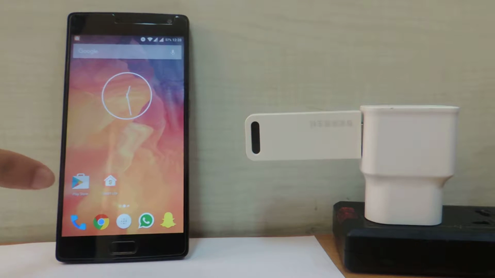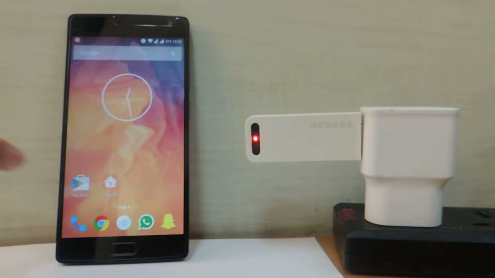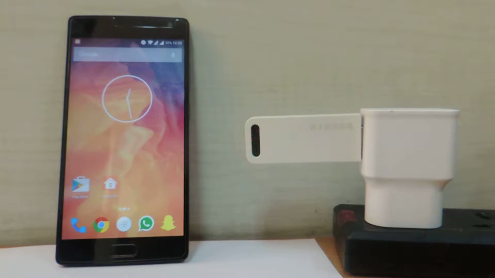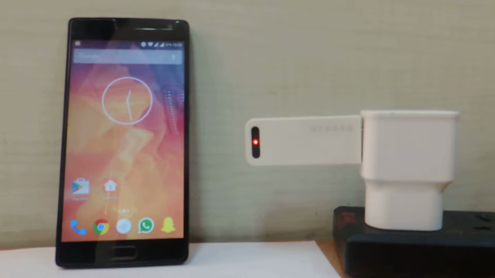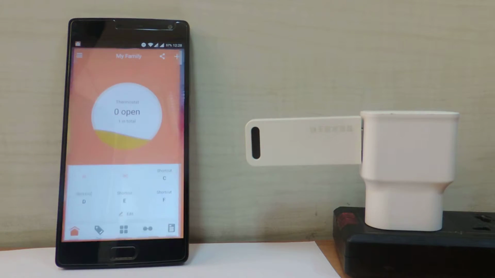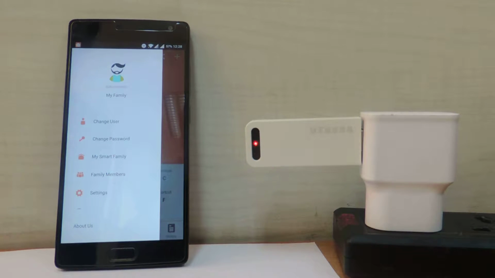So this is the application that we will be requiring for our IoT home appliances system. This is the Smart Life application, which you can find both in Play Store and App Store for Android and iOS respectively. So as we enter this application, you can see there is this menu on the left side corner